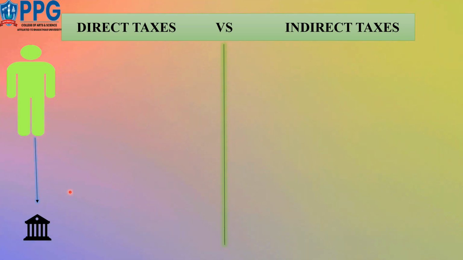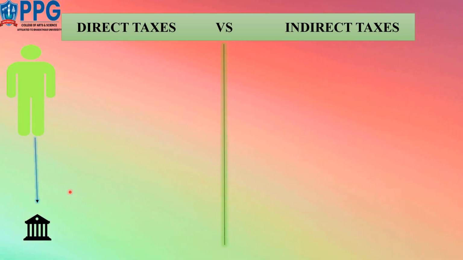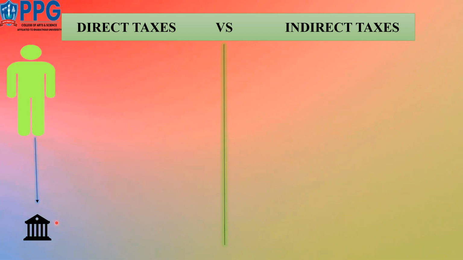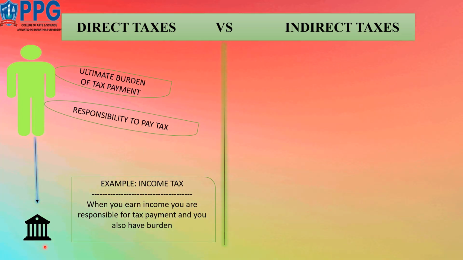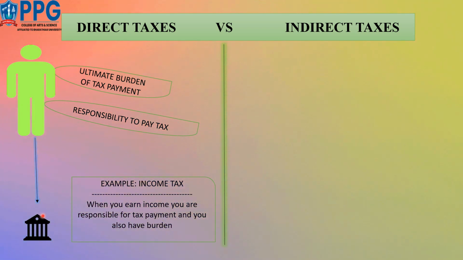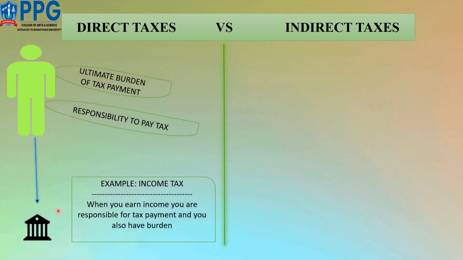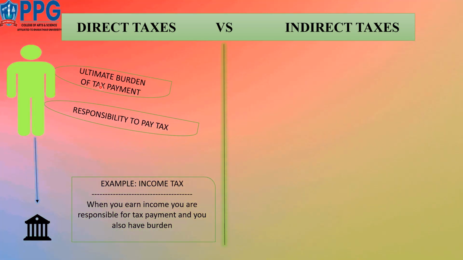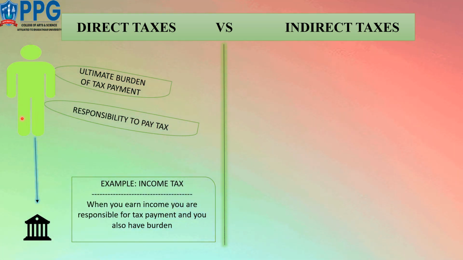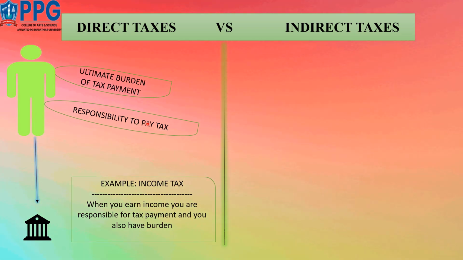These types of tax are non-transferable and hence the taxpayer has to pay tax directly to the government. These taxes are administered and governed by the Central Board of Direct Taxes. Examples of direct taxes are corporate tax and capital gains. The ultimate burden of the tax is paid by the organization or an individual, and he or she has the